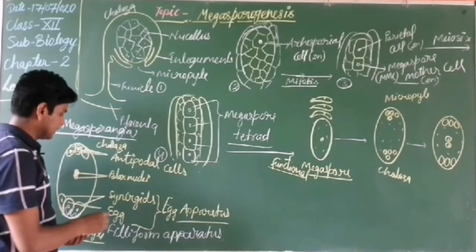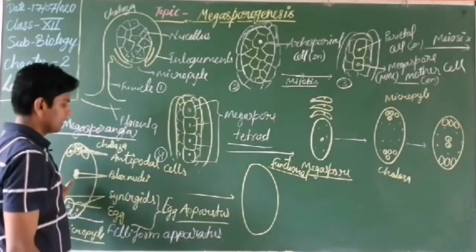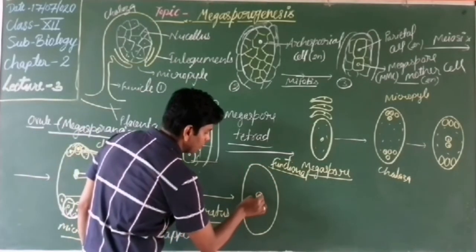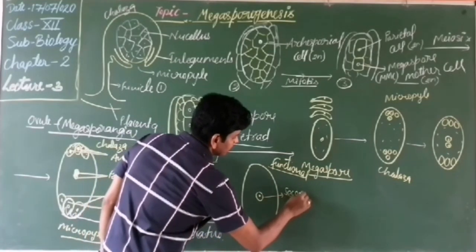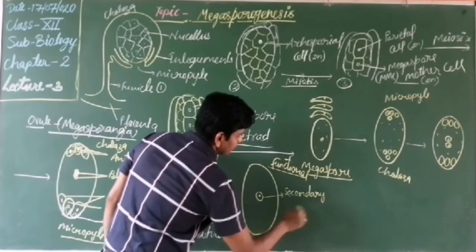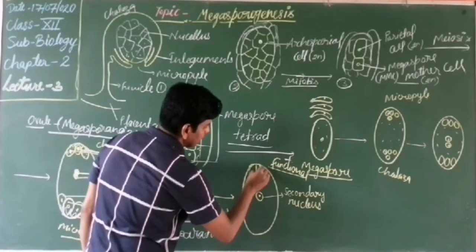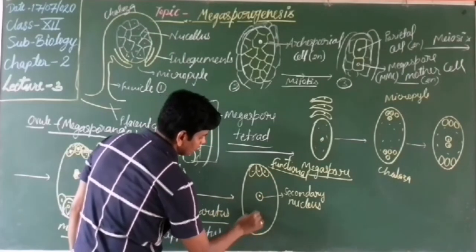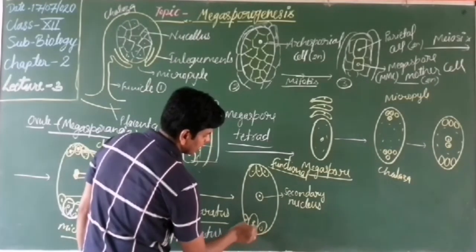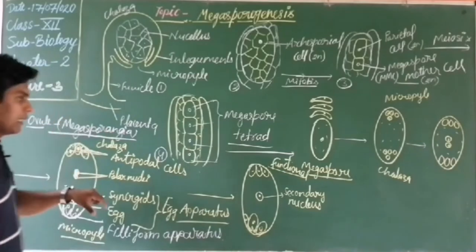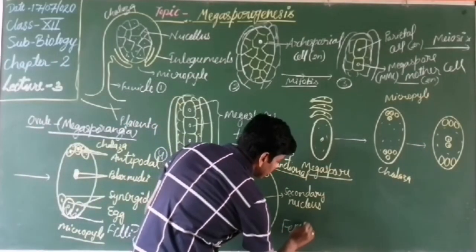So what changes occur in the embryo sac? Let's discuss more. Here you are looking, the polar nuclei get fused to form one diploid nucleus. This one is known as the secondary nucleus. Okay. So here these 3 are antipodals, and here this one is the egg, and these 2 are synergids, and this one is the filiform apparatus. So here this is the fully developed female gametophyte,